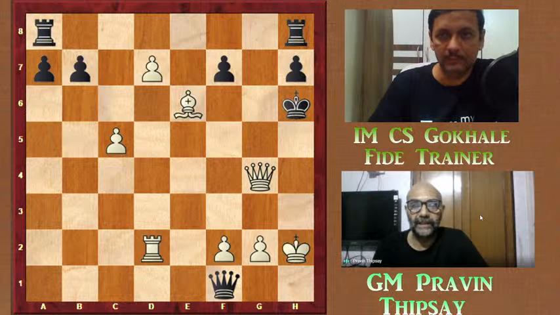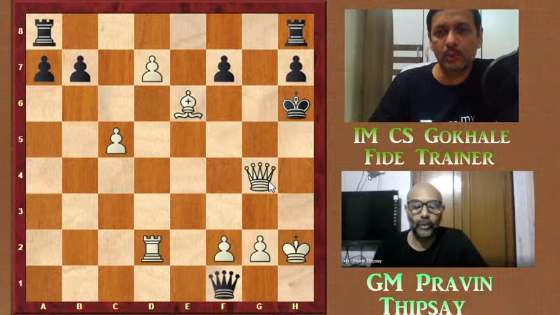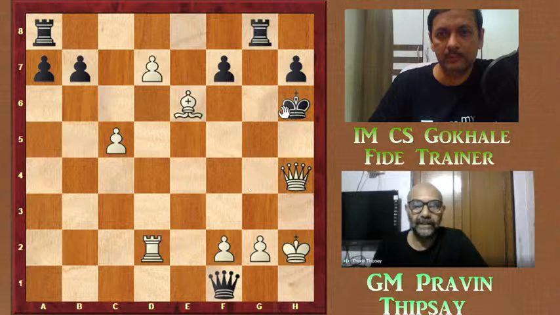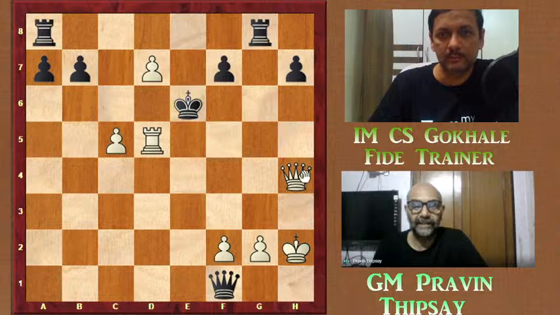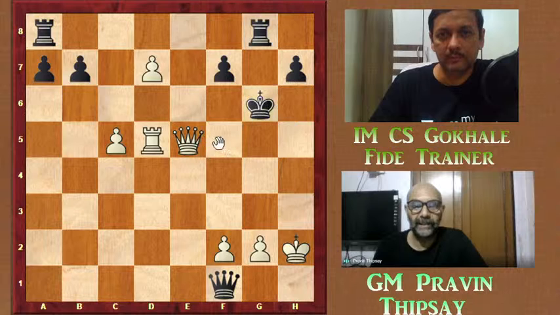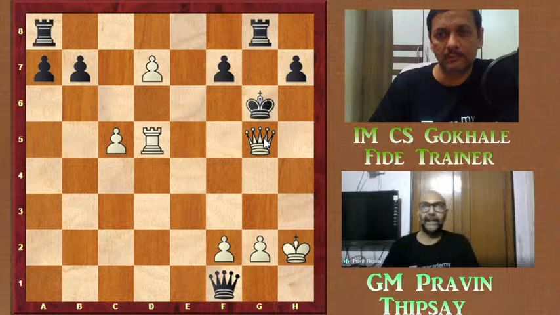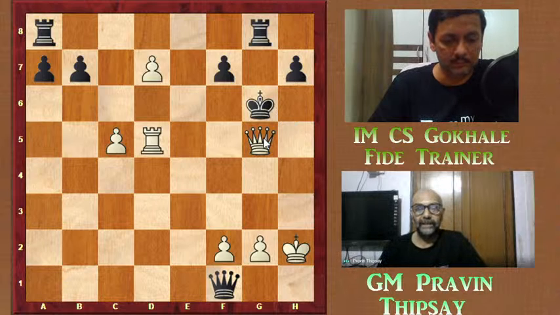Rook G8, and then he starts with queen checks. Queen H4 check, king G6, bishop F5 check, king into F5, rook D5 check, king E6, queen E4 check, king F6, queen E5 check, king G6, queen G5 mate. So this fantastic variation, as analyzed by Petrosyan, who showed it subsequently, Fischer realized, and Fischer didn't play, but he